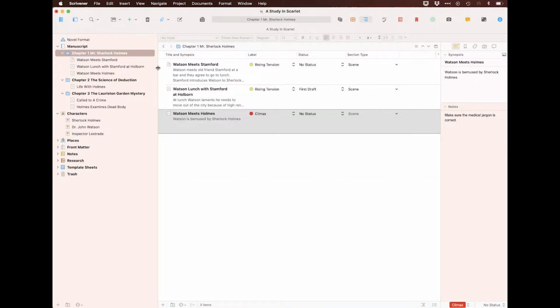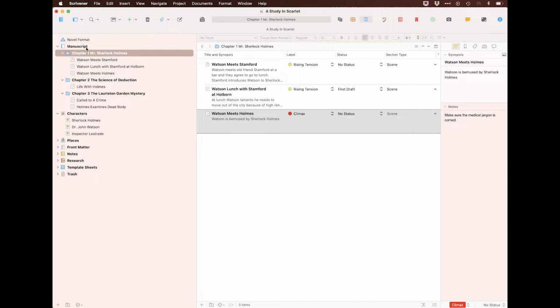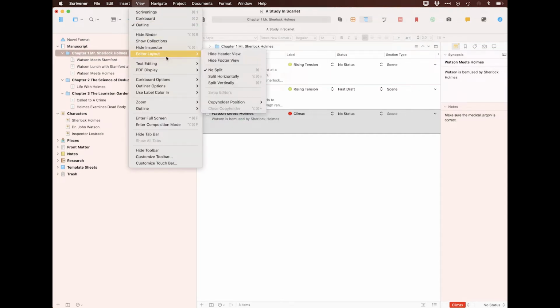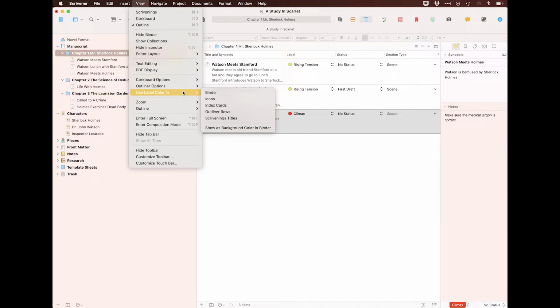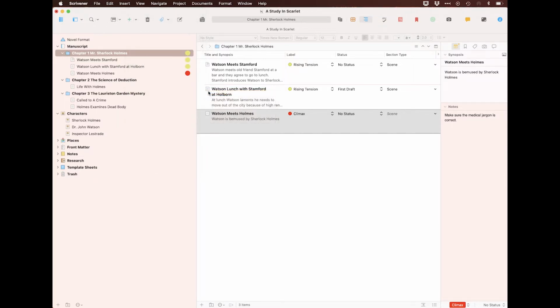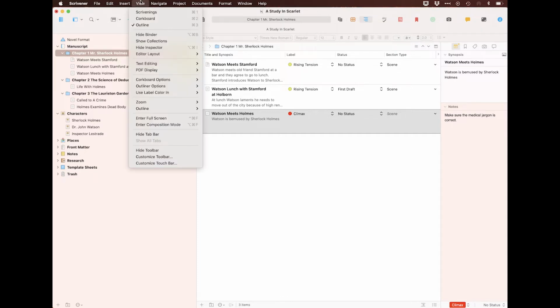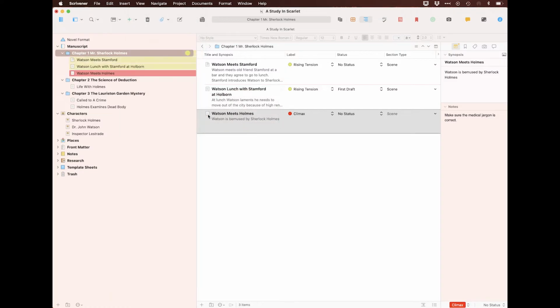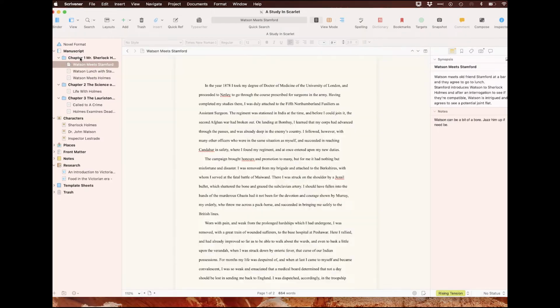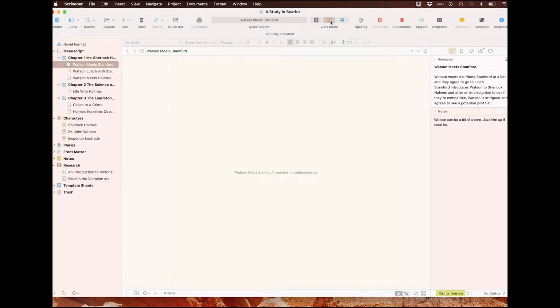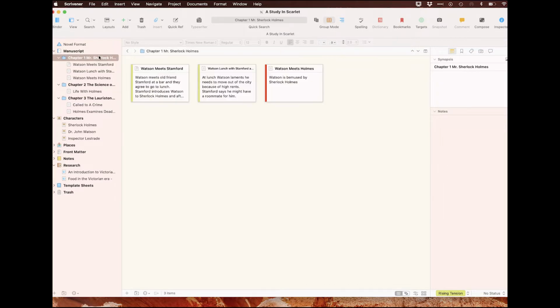Another way you can see these labels is if you go to View, use label color in, say, binder, you'll see the colors here as well. Or if you go to View, show as background color in binder, you can see it in the binder as well. One final way of putting labels to good use is switching over to Corkboard mode and then clicking this button,